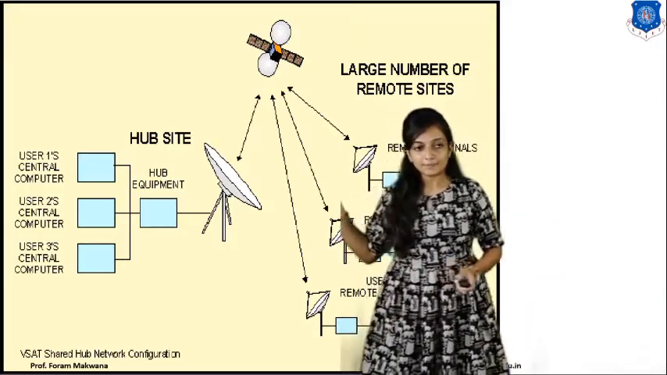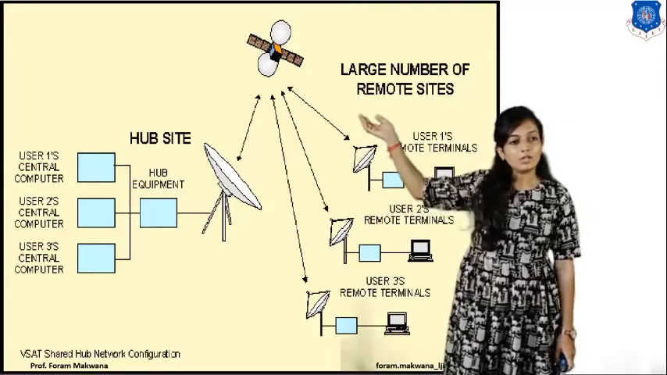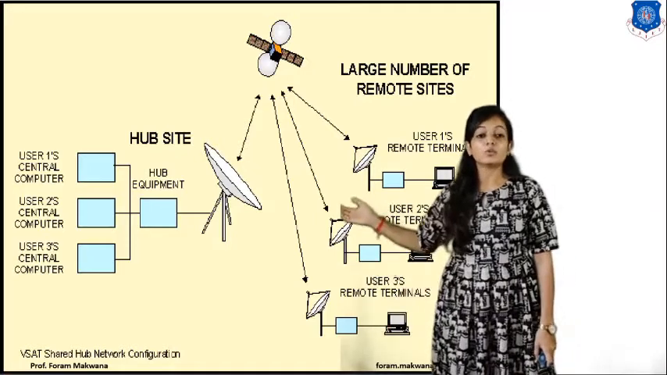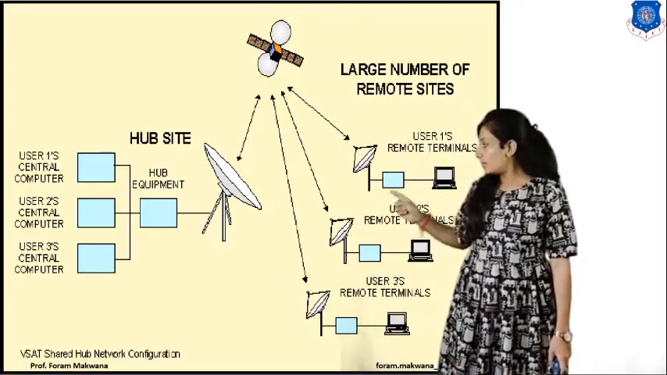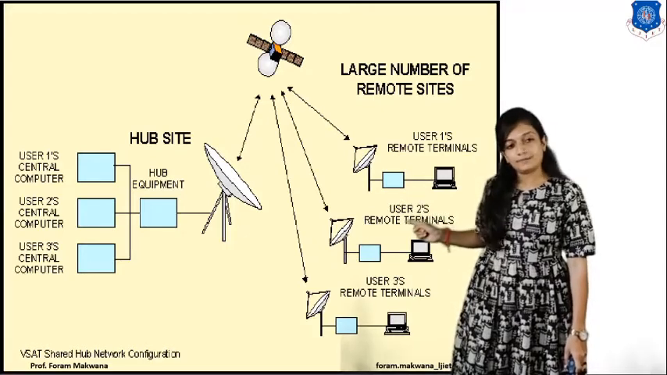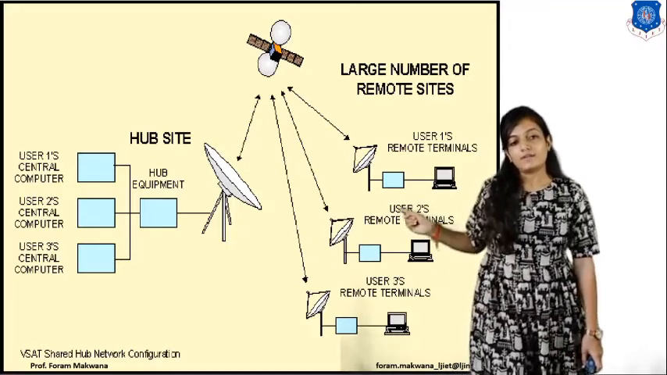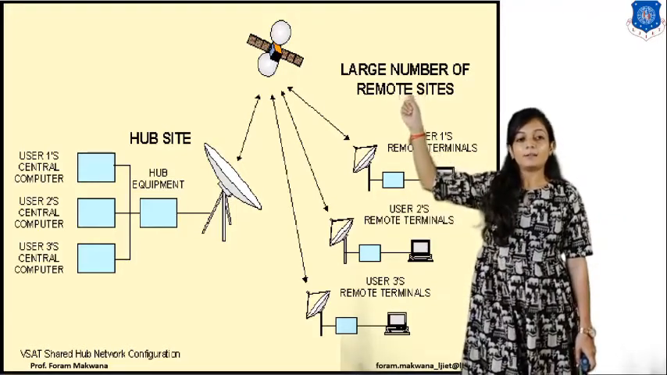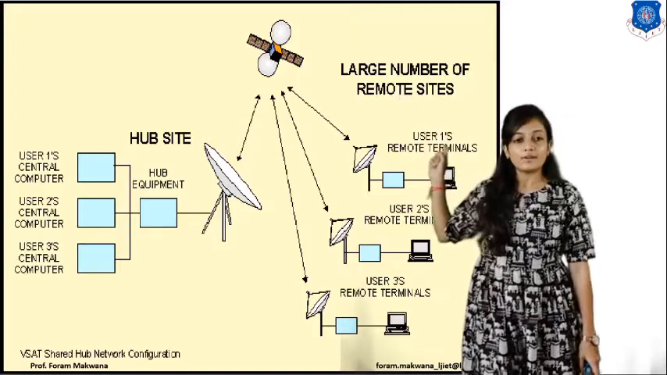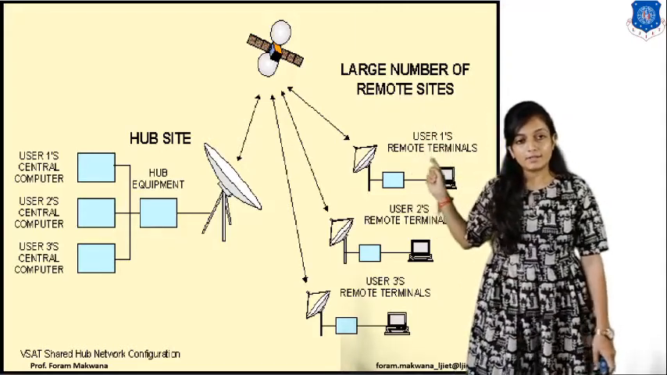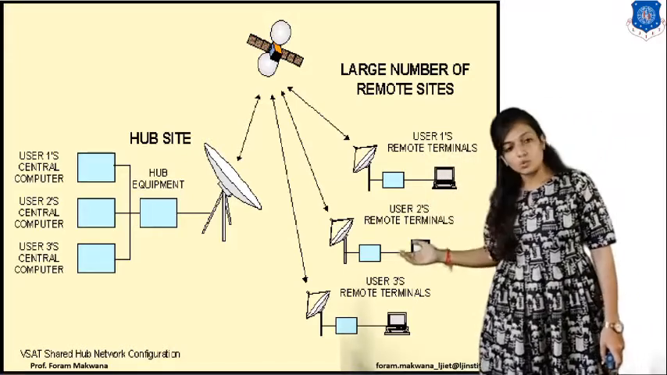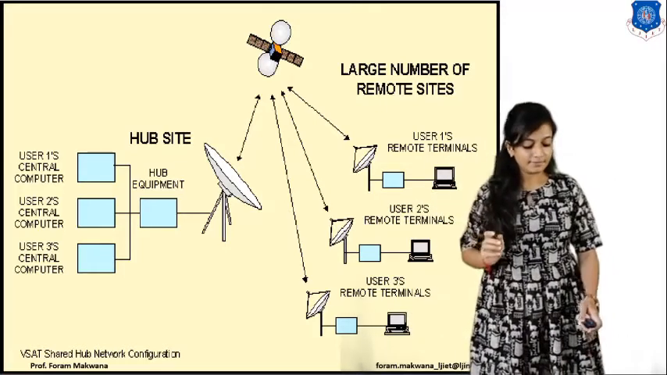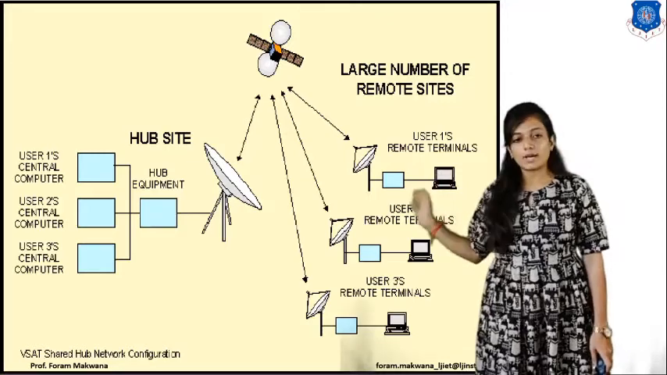This is the hub equipment, which includes user 1, a central computer, user 2, user 3 likewise, and they are controlled with the help of the hub, and that hub is connected to the outdoor unit, right? That is the dish antenna that we have discussed. The signal is transmitted to the satellite, and we are able to control a large number of sites. So at the receiving side, the user 1, user 2, user 3, user 4 remote terminals are there, right? So this is the basic network architecture of